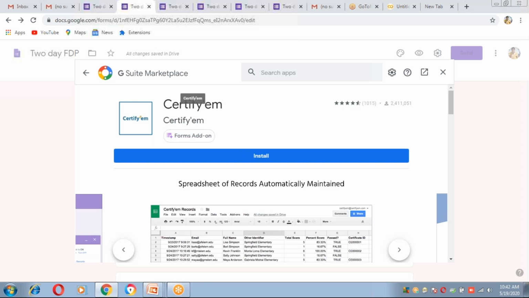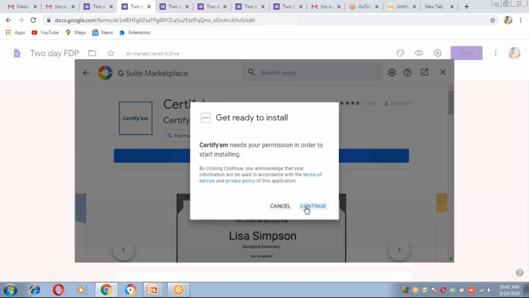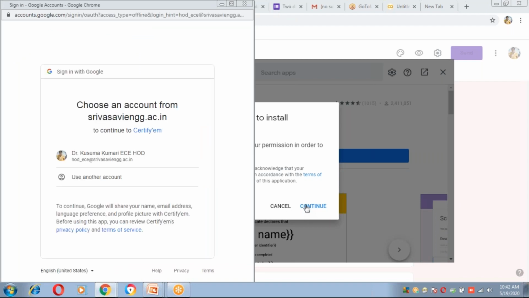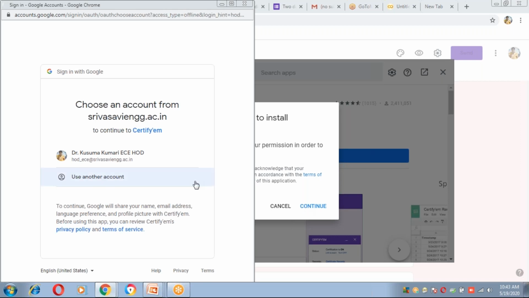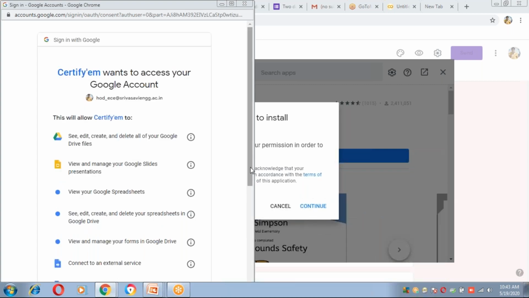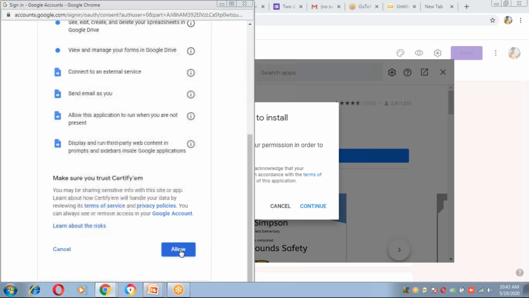So now this is Certify EM. Now this add-on, I'm installing once again. See, it will ask some permissions.